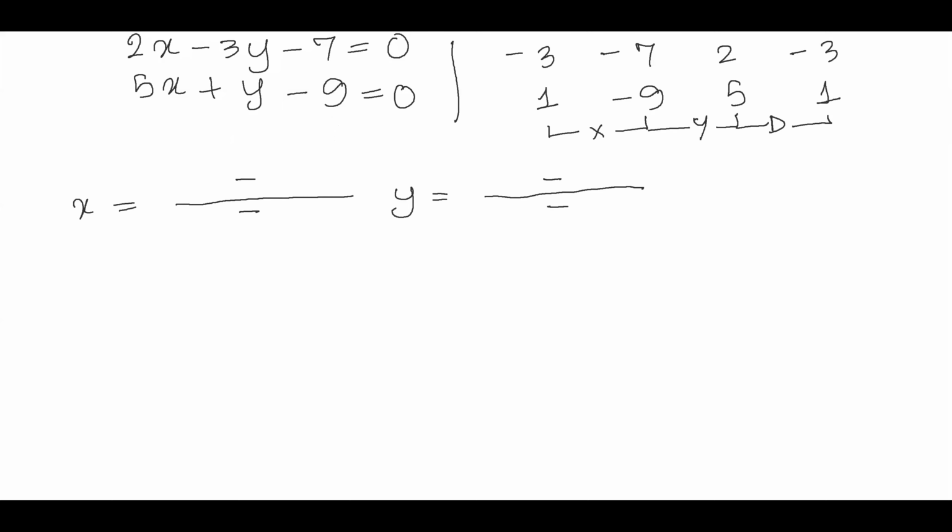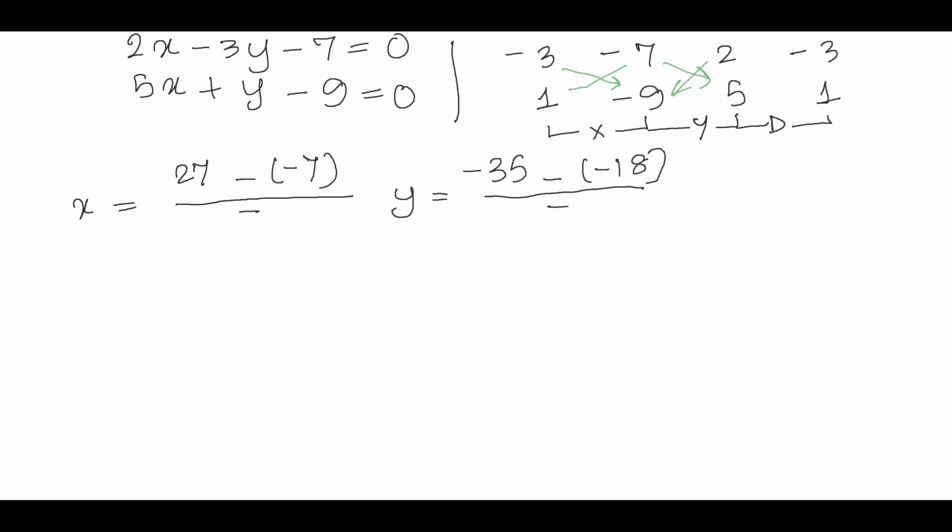It's very simple. Starting with the first group, the first pair. Okay, so minus 3 multiplied by minus 9 is going to give you 27. So this will be 27. And then again, cross product. 1 multiplied by minus 7 is minus 7. So you get minus 7. Chalo aage badhte. The same thing, you have to keep doing it. So minus 7 multiplied by 5 is going to give you minus 35. And then again, 2 multiplied by minus 9 is going to give you minus 18. So let's write minus 18.